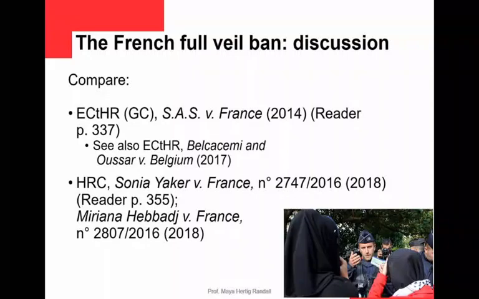And Article 14, often the court does not examine very thoroughly. It will often say, we've already said it's not a violation of another right, or it is a violation of another right, so we don't have to look at discrimination again. So here it's relatively cursory. It's also interesting that the Human Rights Committee does not use the margin of appreciation doctrine. That's something quite different to the European